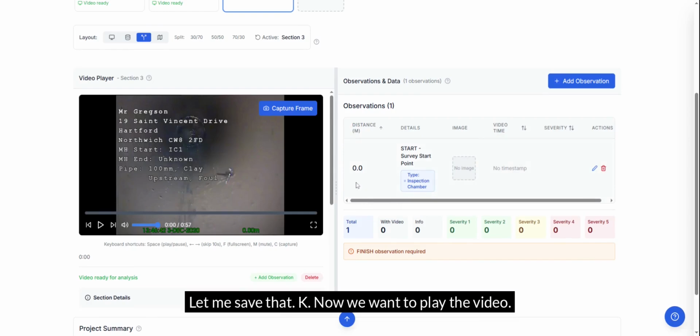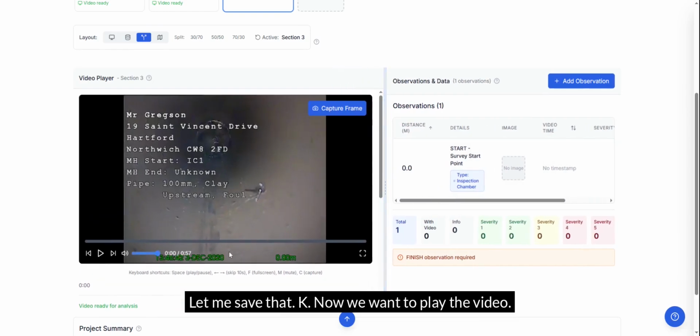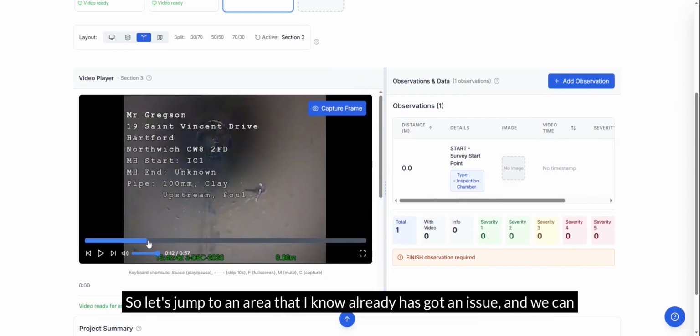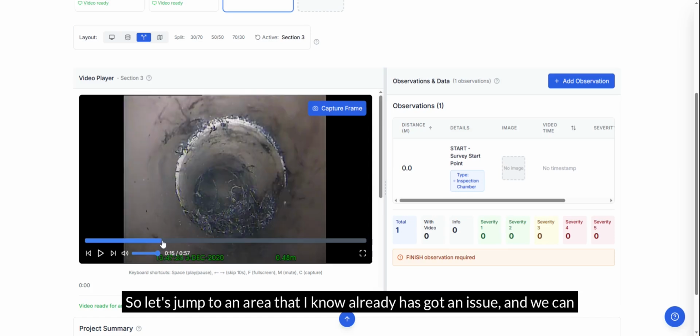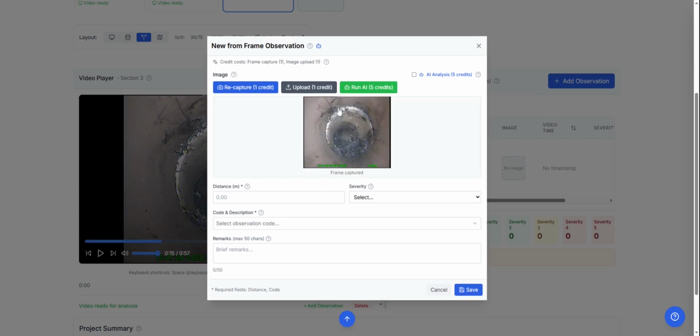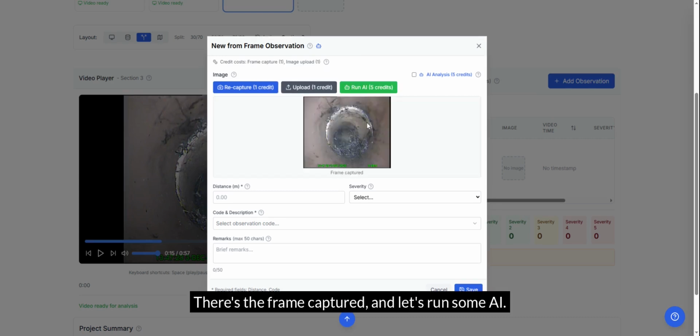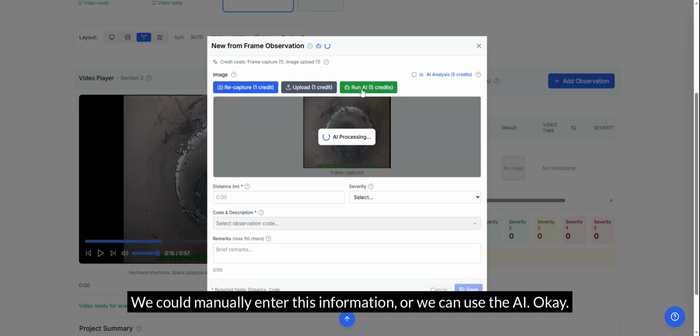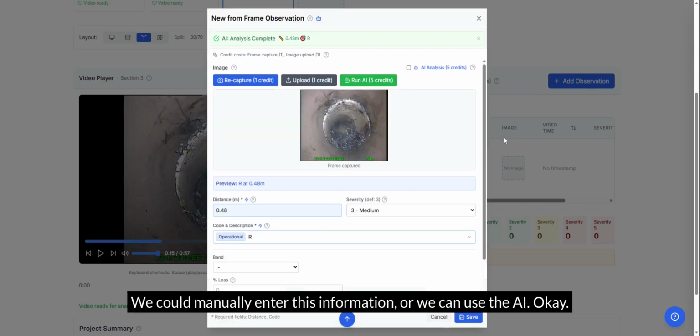Okay. Now we want to play the video. So let's jump to an area that I know already has got an issue. So let's capture a frame. There's the frame captured, and let's run some AI. We could manually enter this information, or we can use the AI. Okay, so it's got that in 0.48